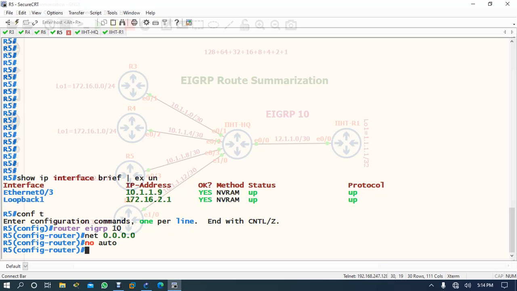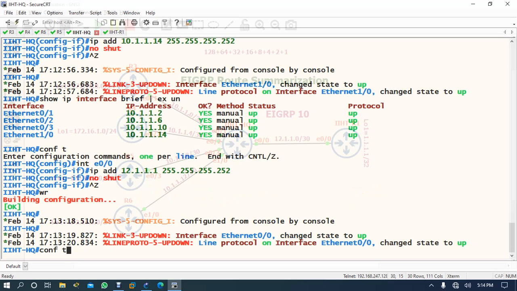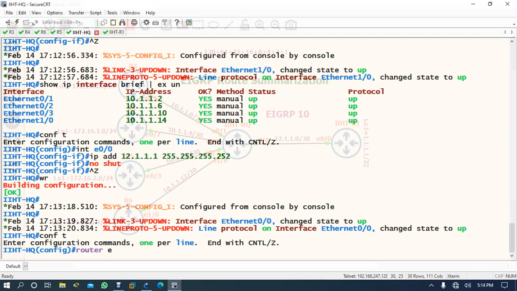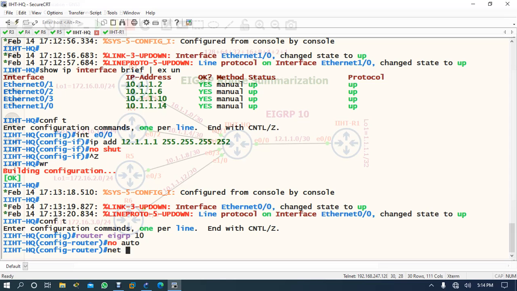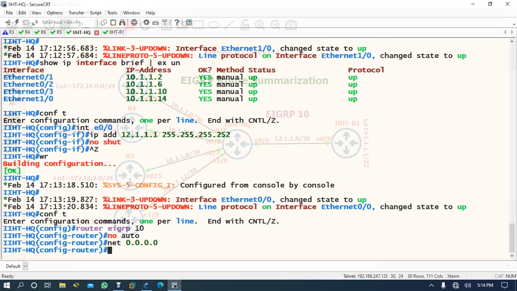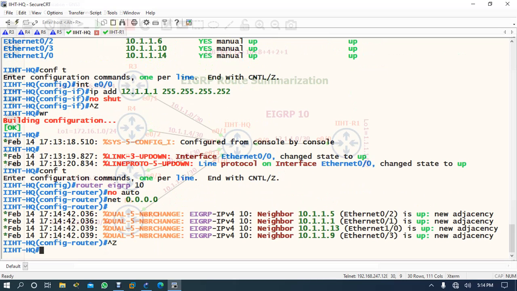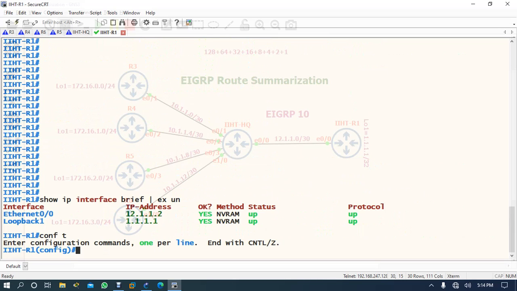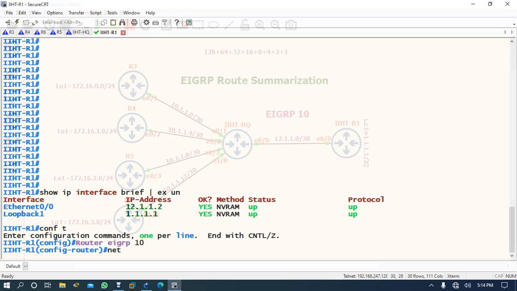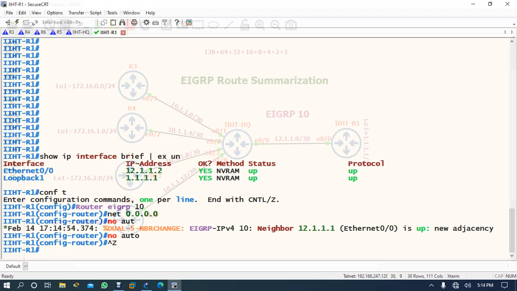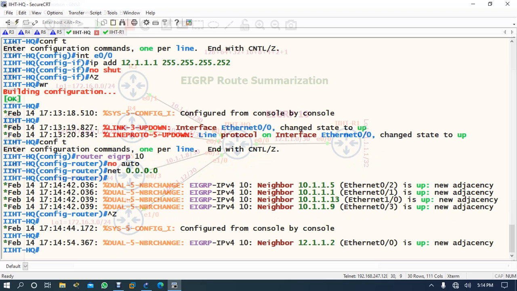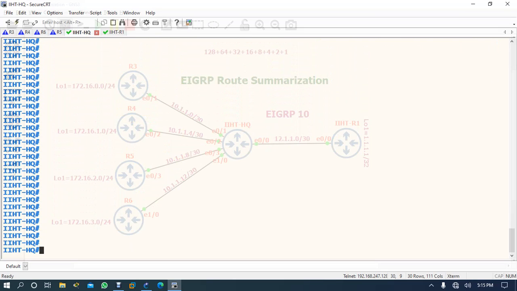auto-summary. On the headquarter, conf t, router EIGRP 10, no auto-summary, network. Okay, for neighborship it is okay. Now come here, conf t, router EIGRP 10, network, no auto-summary. And now what I wanted to say, see, if you come on the IST headquarter router,